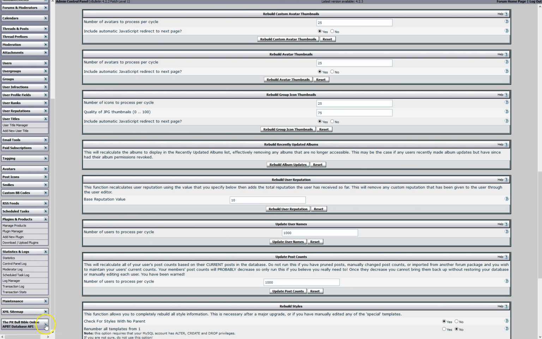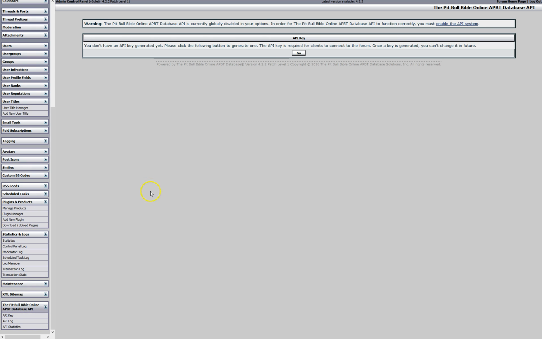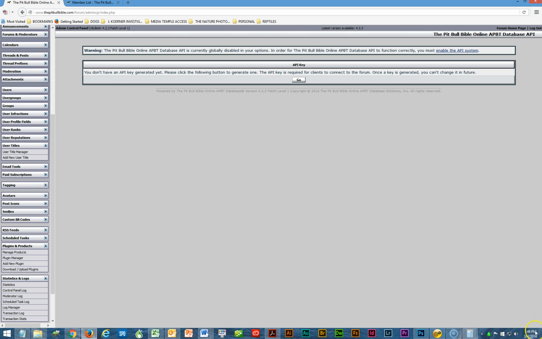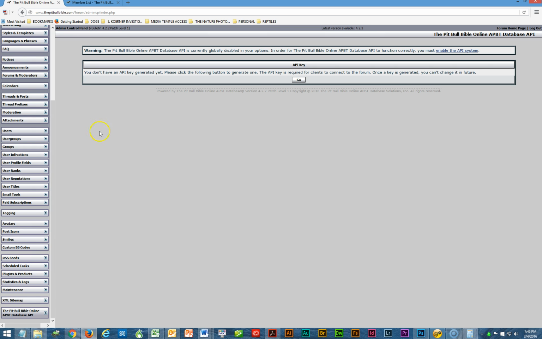Never use this. The API key is if you wanted to, I've never done it, you can see, but you could create a key that would access other tools like Facebook or something like that. I've never done it. I'm not going to do it. But that's there. So, all right, how long has this tutorial been now? Where am I? 7:46. That's a good 45-minute tutorial. I'll wrap it up here, but